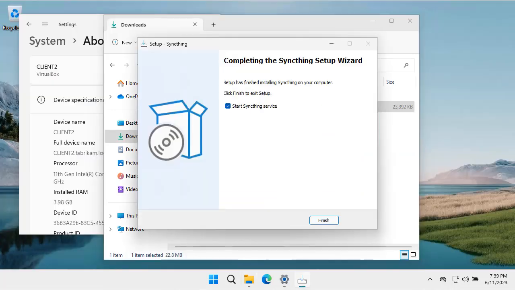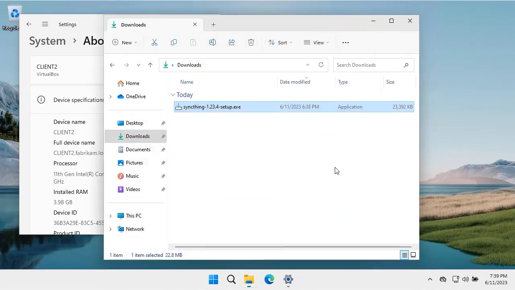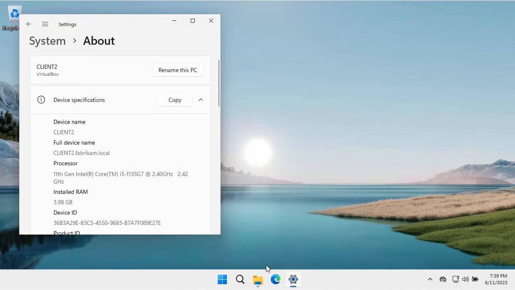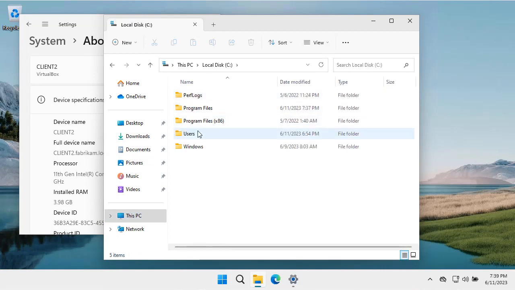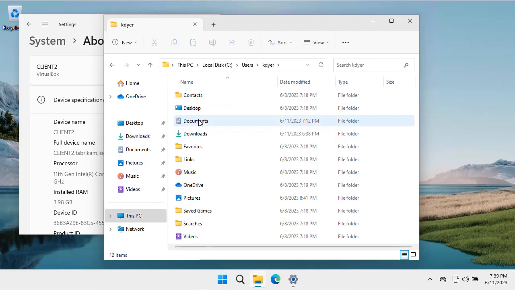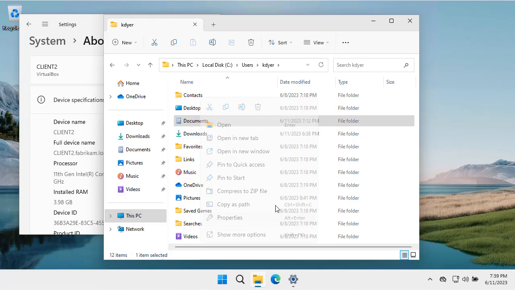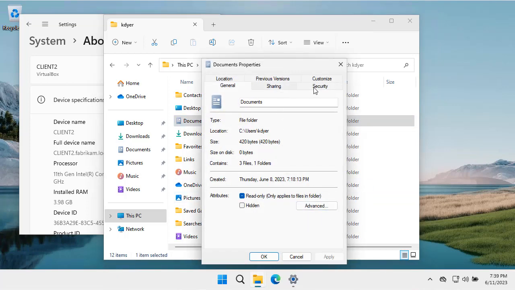Now over here on Client 2, the install finished, so we're going to start the service. Okay, we're going to do the same thing. We're going to go to Users, and we're going to find the Documents folder, and we're going to grant that service account permission on the